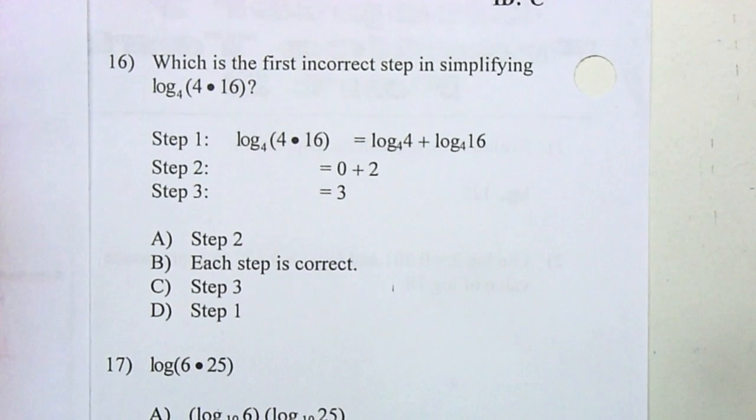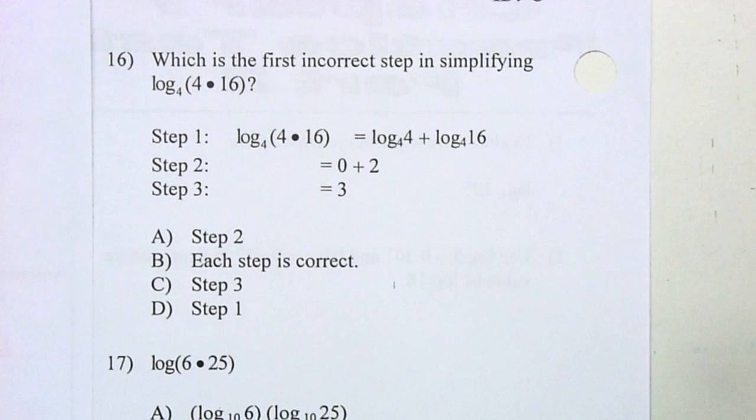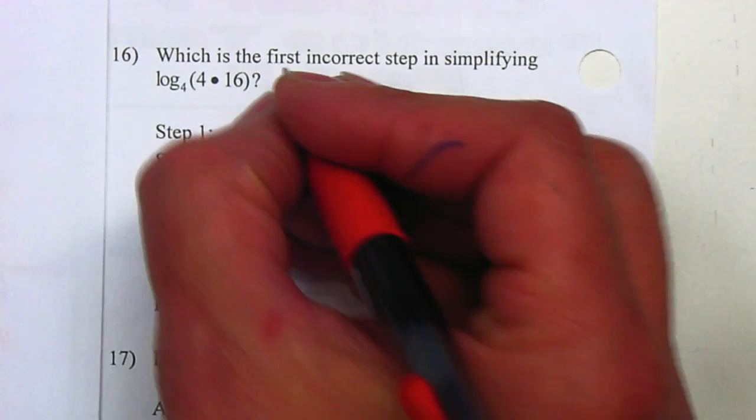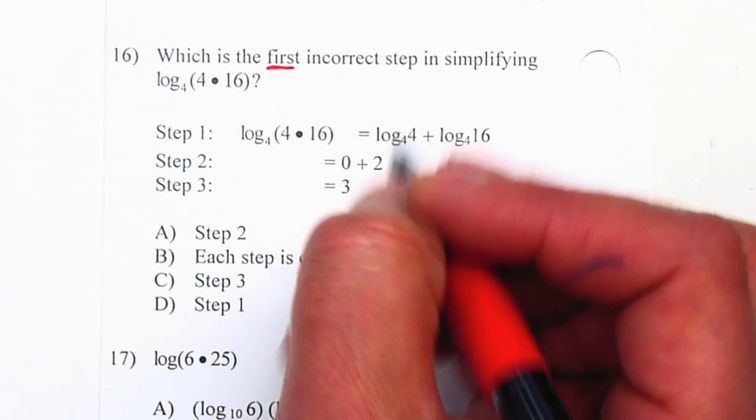Now let's continue with problem number 16. On problem number 16, it asks, which is the first incorrect step? I want you guys to be careful. It says the first. There might be more than one incorrect step, but you need to be able to find